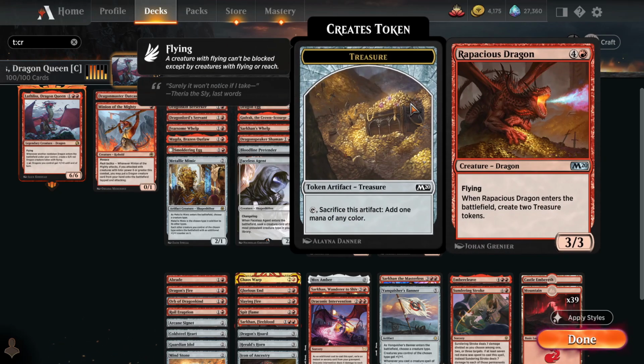Rapacious Dragon is a way to accelerate into our more expensive cards. We don't have too many cards that cost more than 5 here, so I'm a little curious about this card. Maybe it shouldn't be in the deck, but the other thing it does is if we have a hand where we're flooded with 5-mana cards, those 2 treasure tokens will also help us potentially play a 5-mana card